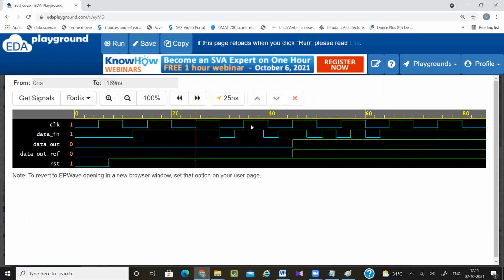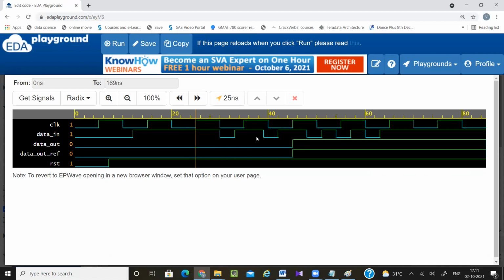See from this passage to this passage, it captured the value 1. Now here I am sending a value 0. But is that value 0 captured anywhere? It is not going to be captured because this 0 is changed here and there is no passage. So I am going to miss this value.